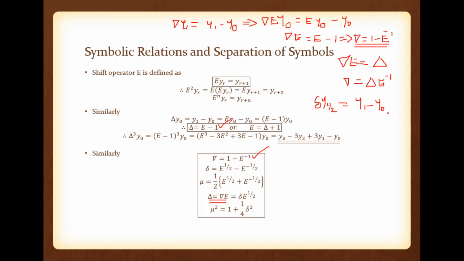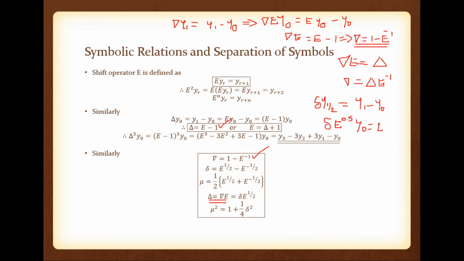Is it okay? So what is y1 by 2? This is now the next data of y0, 0.5 next of y0. So how can we write this? We can write this one as theta. We can write y1 by 2 with respect to y0 as e raised to 0.5. That is why I am saying e is an operator. e raised to 0.5 y0, that is equal to, what is y1?